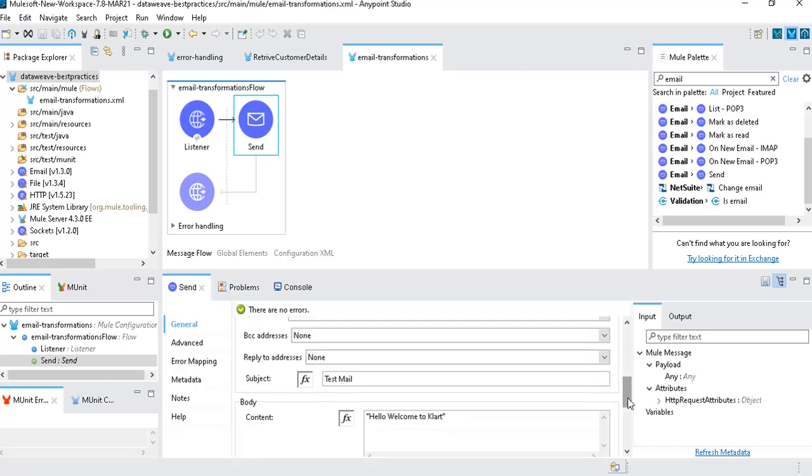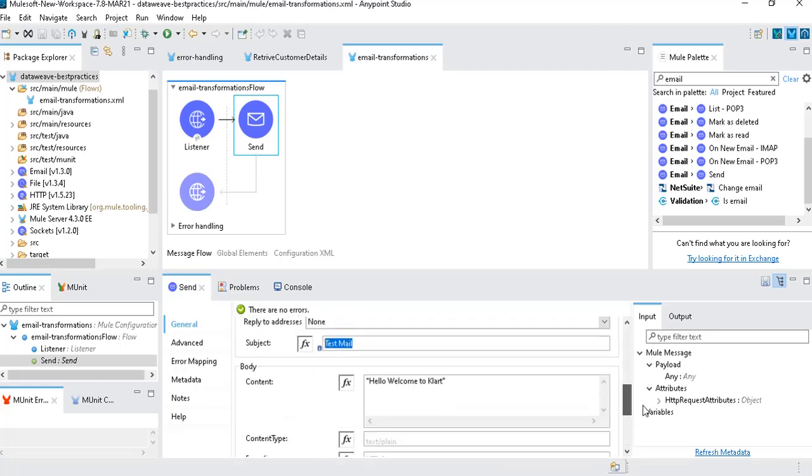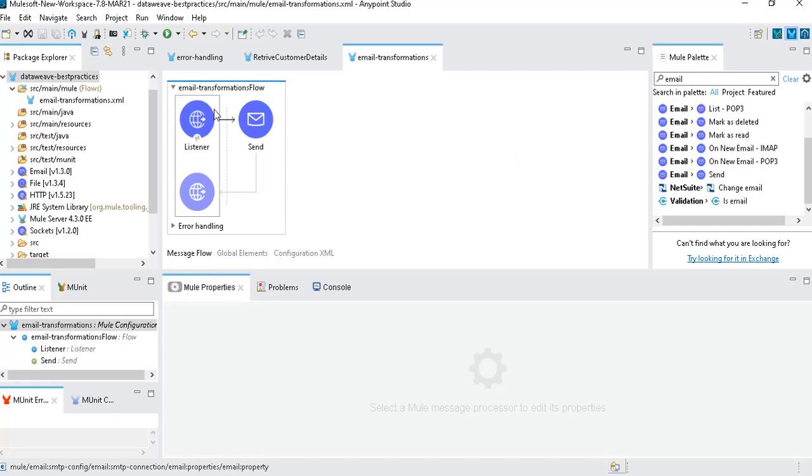And one more thing, you need to configure the subject here. In the subject you can give it dynamically or statically, it's your wish. And the email body you can configure here. As this is a demo, I have hard coded the values. You can send any dynamic value as per your project requirement. So the subject and content you need to provide here, and the rest of the part you can ignore. Once you make all these changes and deploy it, you are good to test your application.